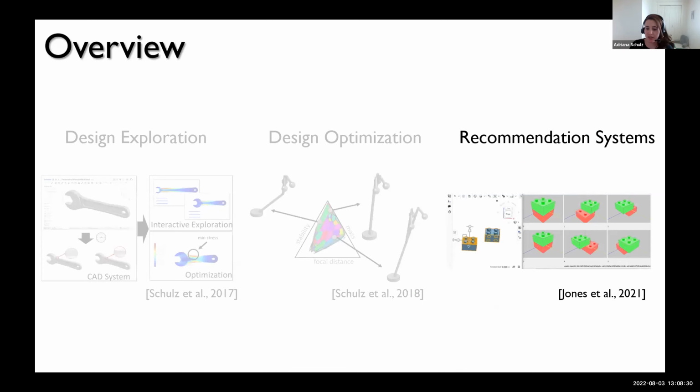And I want to conclude this talk. The last project I want to talk about, which is the most recent project that my student Ben presented here during the process sessions, is a recommendation system. So we talked about different ways of helping users design through allowing them to explore existing spaces, and helping them with optimization. Another way to do this kind of interaction with users is through recommendation systems.